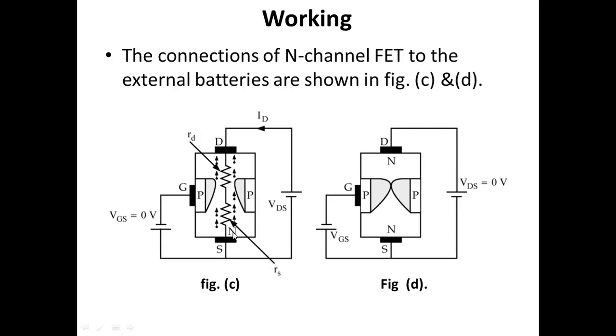The negative terminal of the battery repels electrons, and these electrons flow through the N channel from the source to the drain. Therefore, the conventional current, the drain current ID, flows through the channel from the drain to source. Conventional current is opposite to the